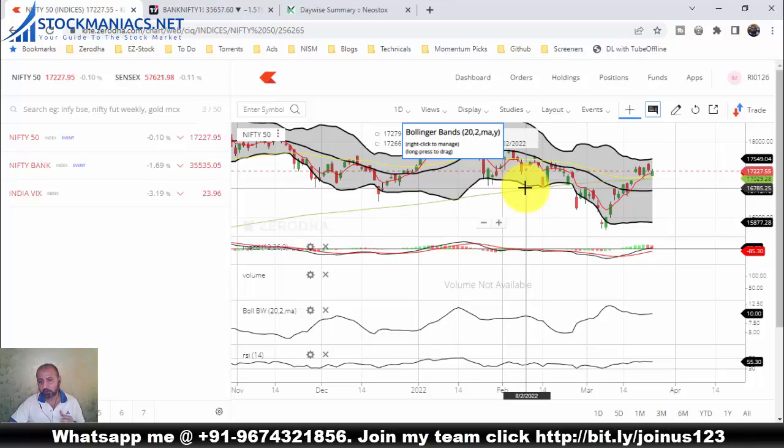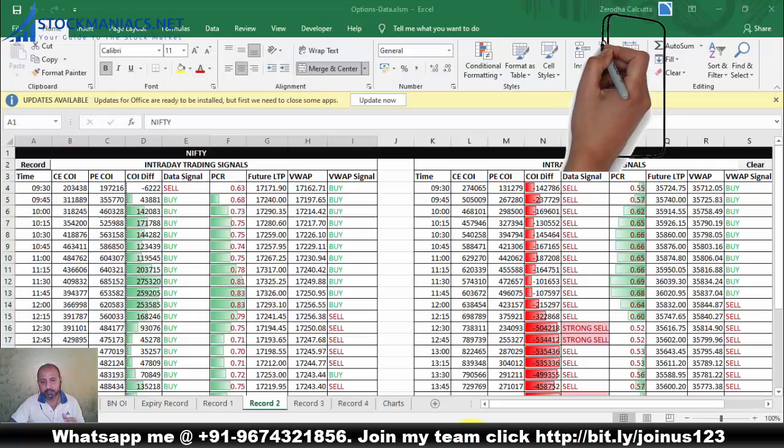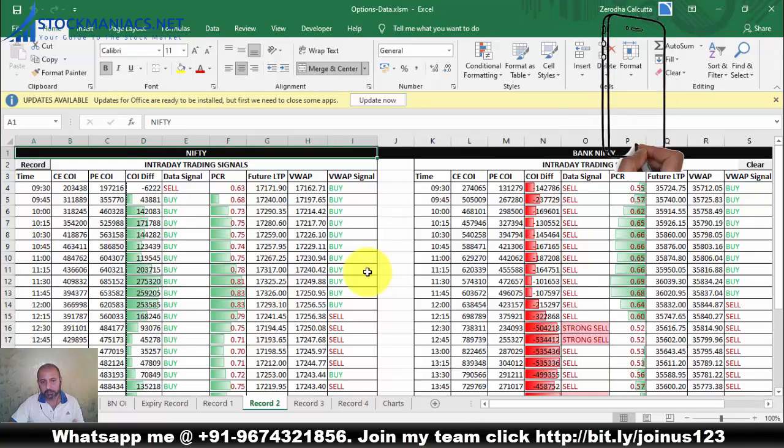So guys, that's all about today's session on how to combine the options data signals along with the VWAP signals